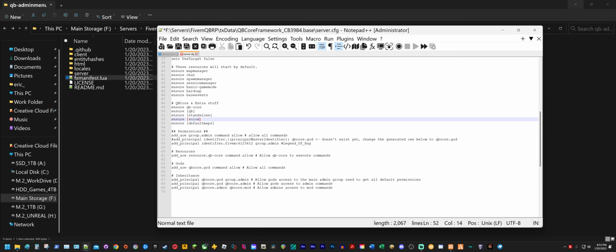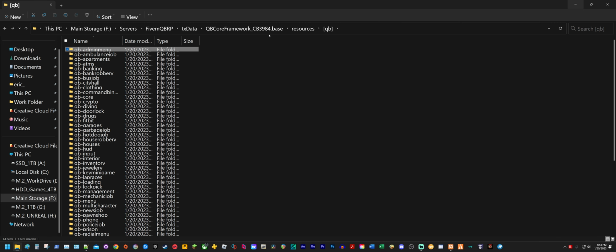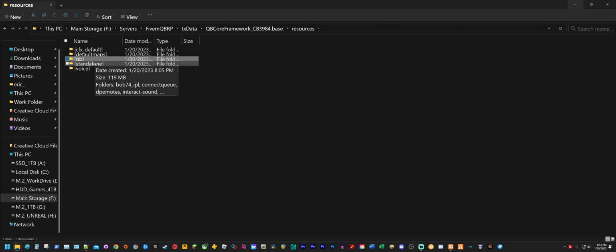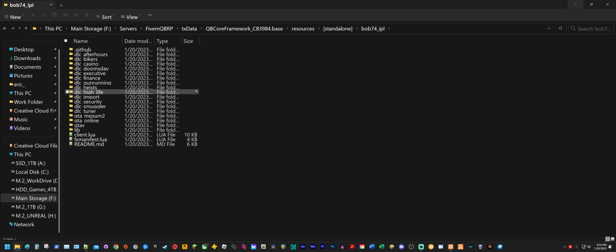So, you know, it's got the ensure voice, the default maps, all that stuff. Everything is kind of set up. The standalone files are actually add-on scripts that have been added to QBcore. They're not made by the QBcore team, but they're made by somebody else, and they were included in the QBcore installation. So BobIPL